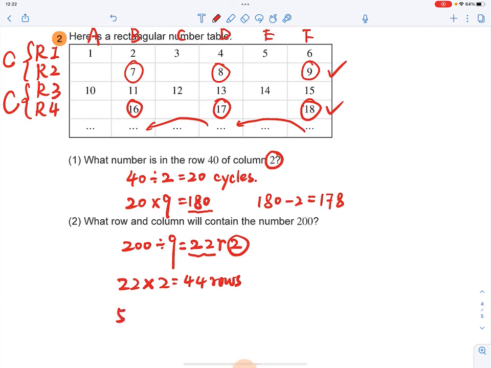So the number 200 will be in row 45 and column 2, or column B. That will be the answer, because you have 5 numbers in row 45, and here you have only 2 more numbers, which is the remainder. So you have 2 numbers in row 45. So that will be in the column